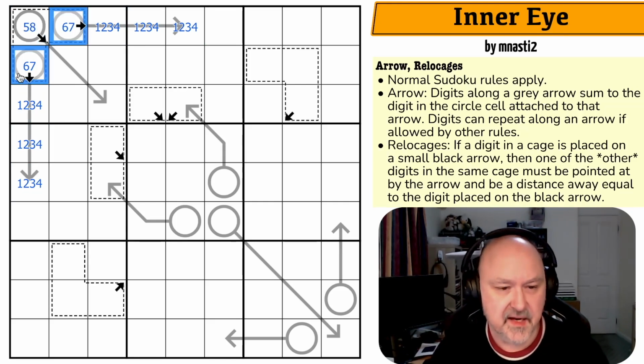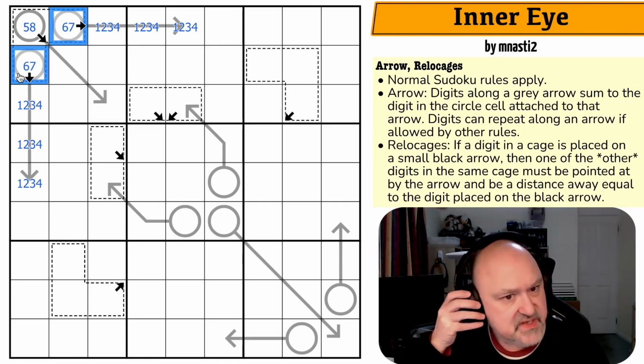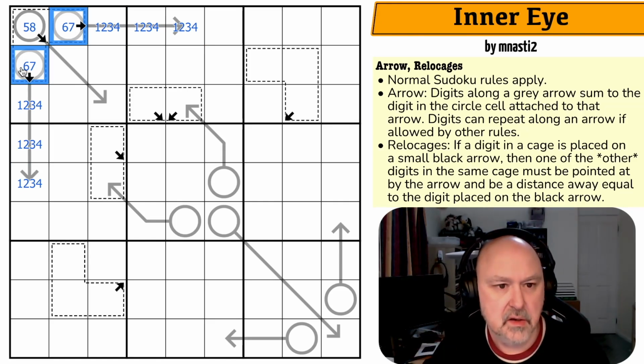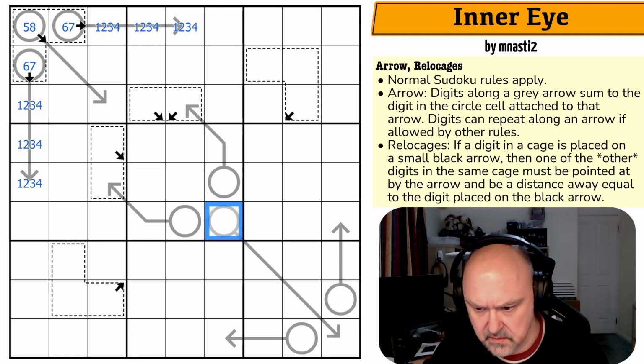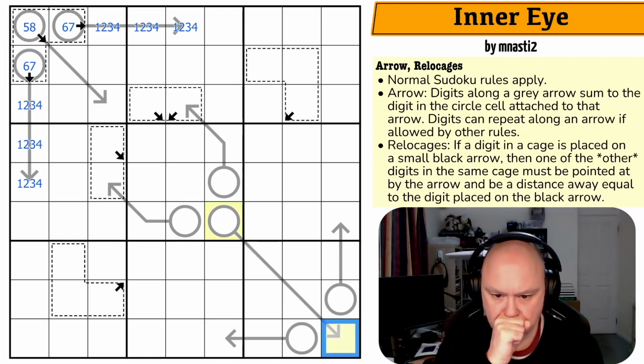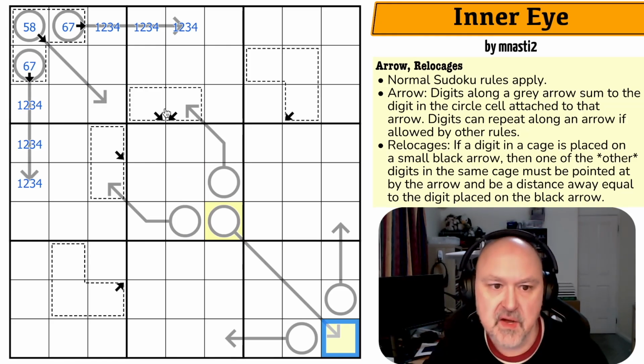So that's saying that one of those digits goes 5 or 8 away. So 1, 2, 3, 4, that cell, 6, 7, or that cell. Now, that is a bit restricted